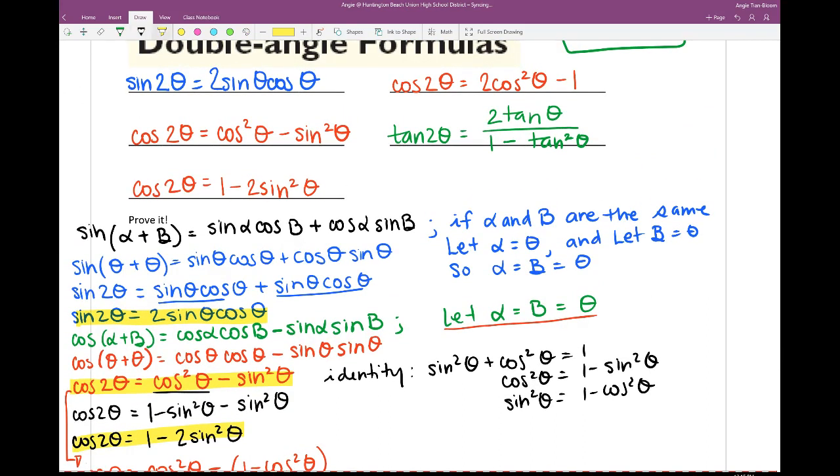Now, do you need to know this? Do I need to memorize this? Oh my goodness. Yes, yes, yes. Memorize, please. Okay. I would not give you these at all on your test, so make sure we know where or how or what the double angle identity